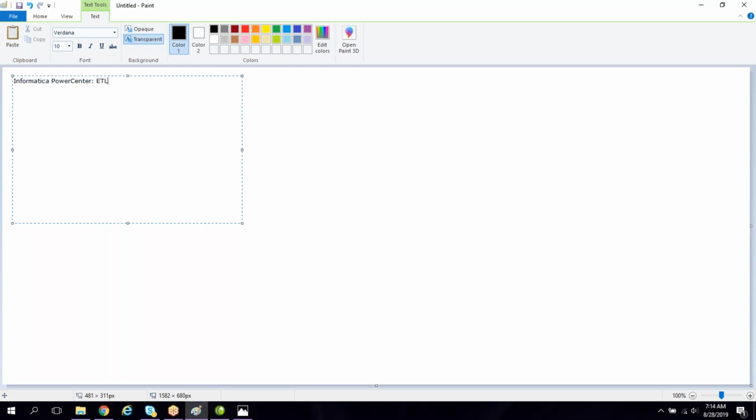Okay, so there is a company with the name Informatica. That company developed many tools. One of the tools is the ETL tool Informatica Power Center. This tool is used to extract the data from one database, transform and load it into another database. While loading the data from one database to another, we have different scenarios.